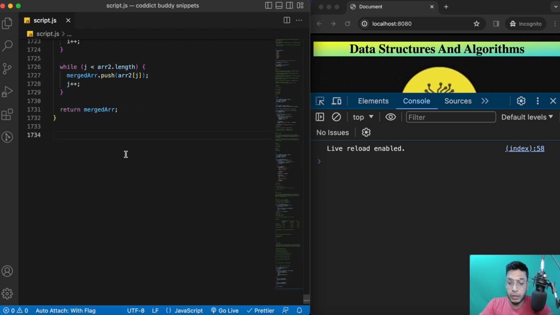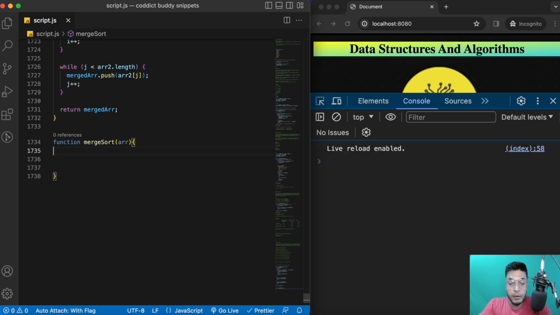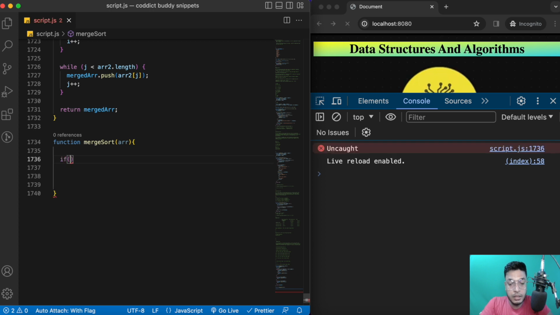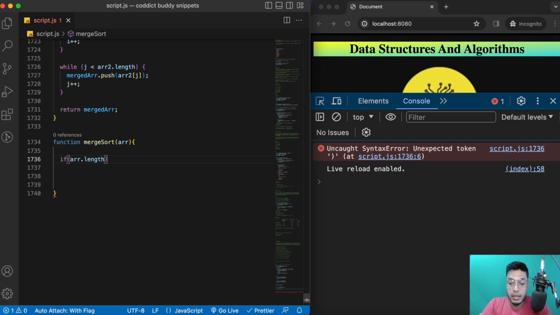Okay, so let's continue. For that, I'll simply create a merge sort function, merge sort, and this time I'm going to use recursion. Make sure you have watched the recursion video as well, otherwise you will not understand what I have written here, right? So here let's handle the base case first, which is if array dot length is smaller